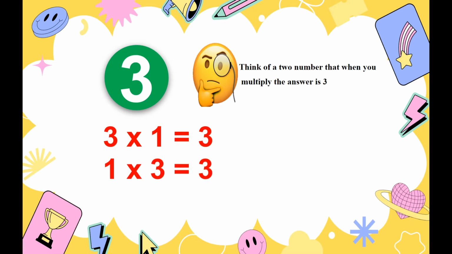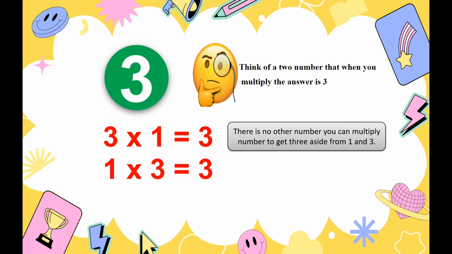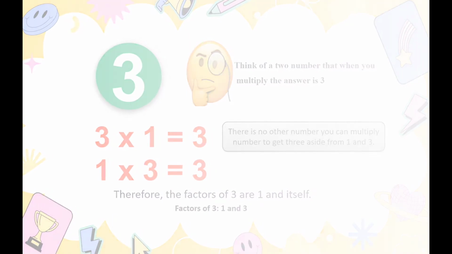Or 1 times 3 is equal to 3. So, kahit baliktarin nyo yan, 1 tsaka 3 pa rin yung factors niya. There is no other number you can multiply to get 3 aside from 1 and 3. And therefore, the factors of 3 are 1 and itself. Ibig sabihin, ang factor daw po ni 3 ay 1 tsaka 3. 1 at ang kanyang sarili. Okay? And then,